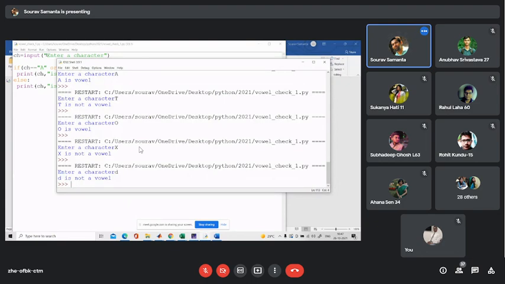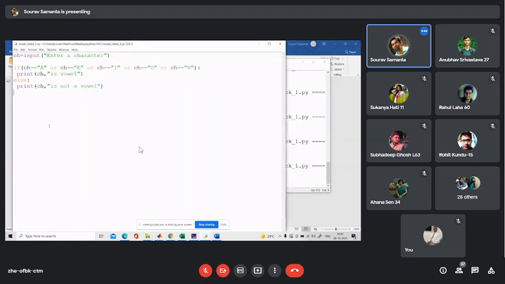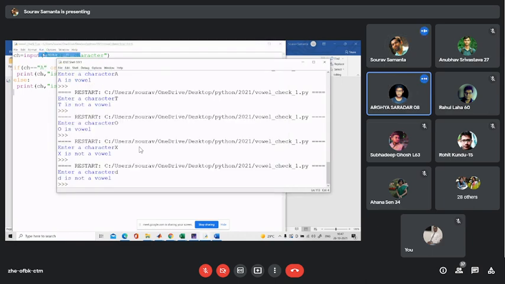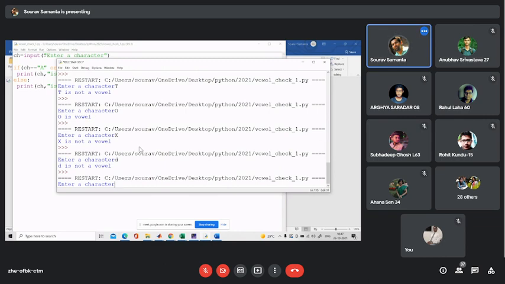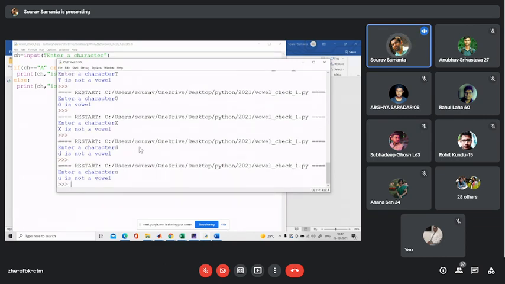But can you observe, is there any incompleteness of the logic in the program? Sir, if the user gives a small letter instead of a capital letter. Yes. If I put the input Q, Q is not a vowel. So you have to incorporate more logic in the program to get the proper output. You consider all the possible cases.